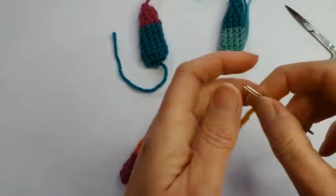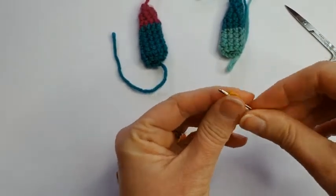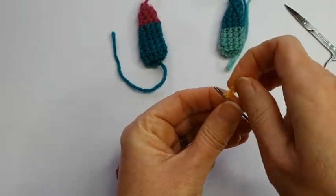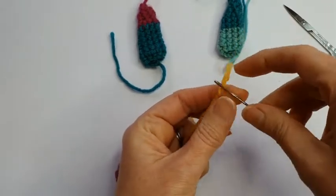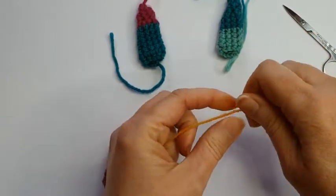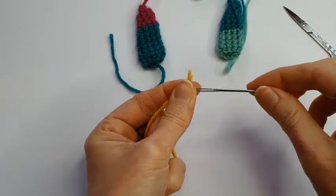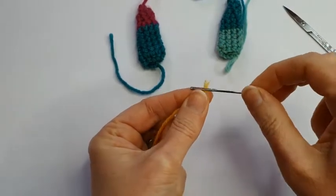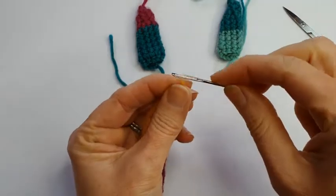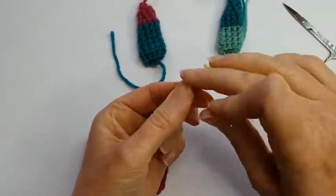So next we've got to just sew in all the ends and sew the ears onto the body. So I'm just threading the yarn, the tails onto a wool needle. It can be a bit tricky when it's split like this, but if you've got a wool needle with a really big eye, then it shouldn't be a problem. It should be quite easy. Okay,